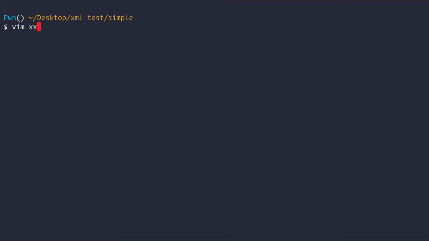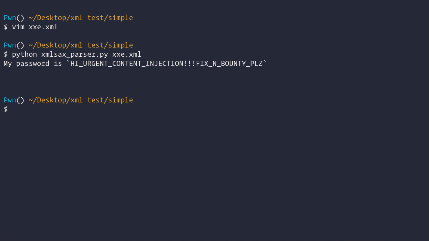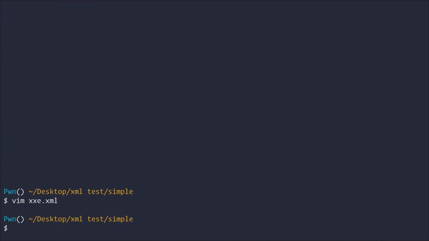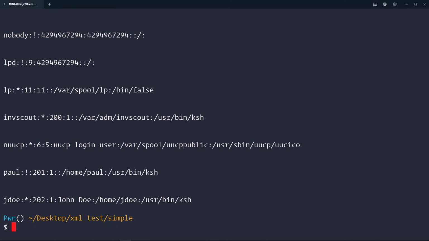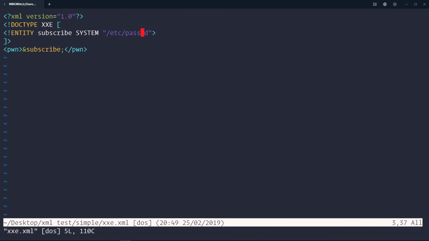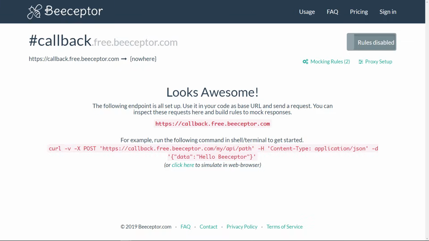And now, if we parse the XML file in an XML parser, boom, you see the contents of the file secret.txt. Let's try this with its setter password. We modify the value in the XML to the file that we want to read, and boom, we see the contents of its setter password. And there you go. We have the ability to read local files, and this attack is called XML External Entities, or simply XXE. And reading local files is just the beginning. Instead of a file name, we can also provide a URL like this, and the XML parser would happily fetch